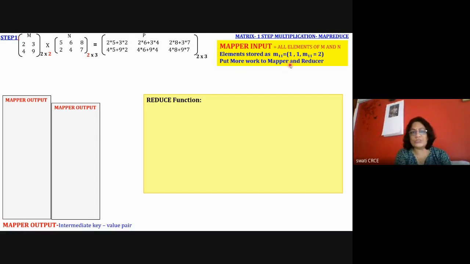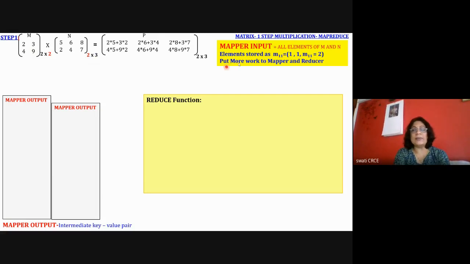There is no space here. Actually, I use the blackboard to solve this, and I use the entire blackboard, so this slide is my blackboard. I'm not showing all the elements here, but all the elements of matrix M and N are stored by using this group of three elements. So 1 comma 1 comma 2 is stored. Then 1 comma 2 comma 3 is the second element. Then 2 comma 1 comma 4 is the third element of M. Like this, the elements are stored for both the matrices. We are assuming that it is already done, which I'm not showing on the screen.